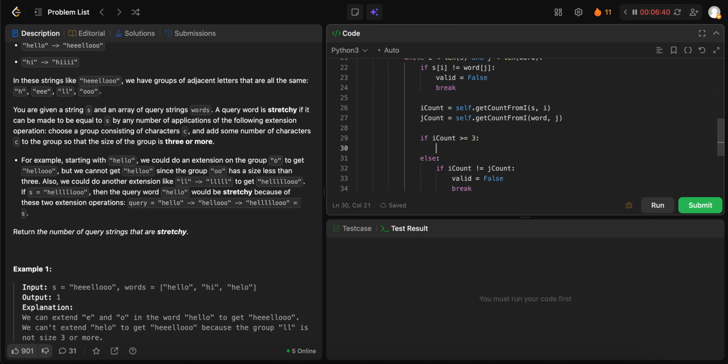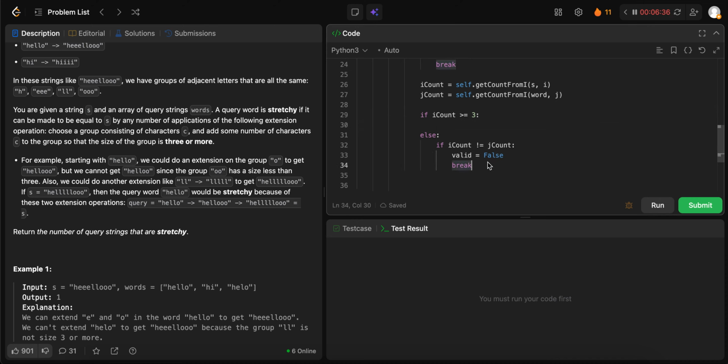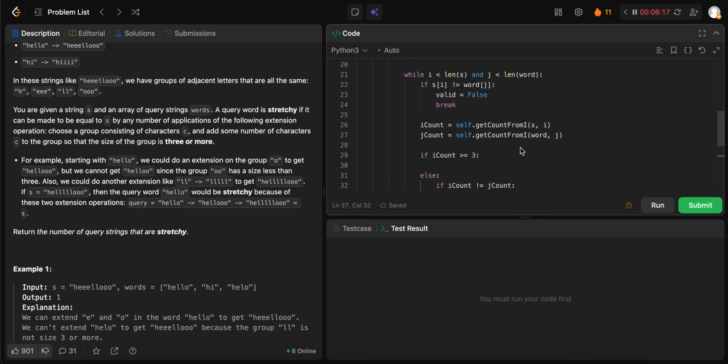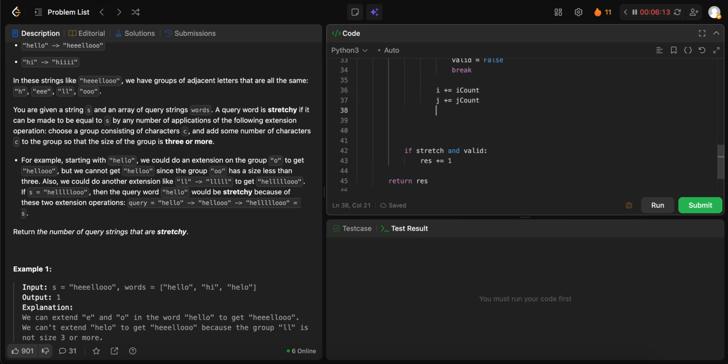Okay, now, here's the other case. This is the interesting one. Oh, sorry. However, if i count and j count do equal each other, then we will, no, i plus equals i count, j plus equals j count. Oh wow, this is getting long. And after all of this,